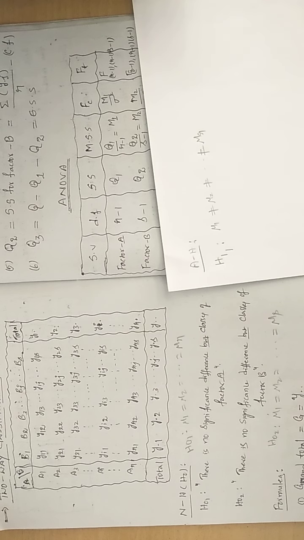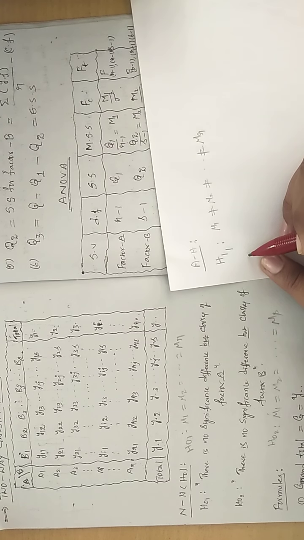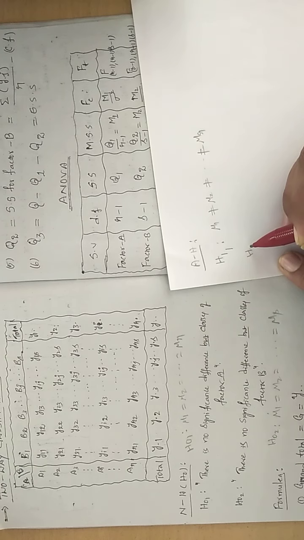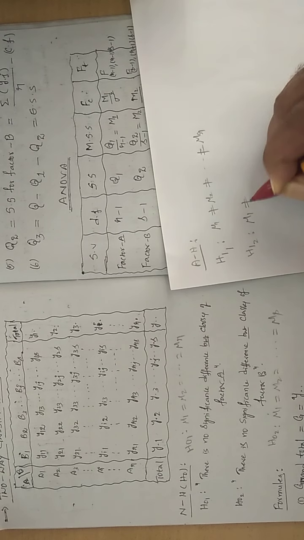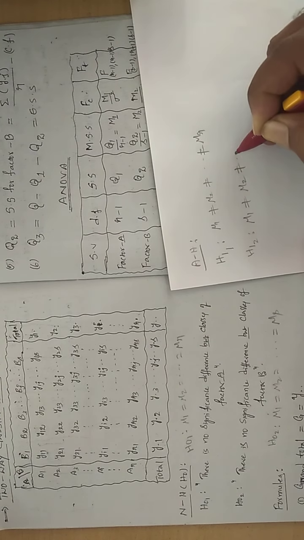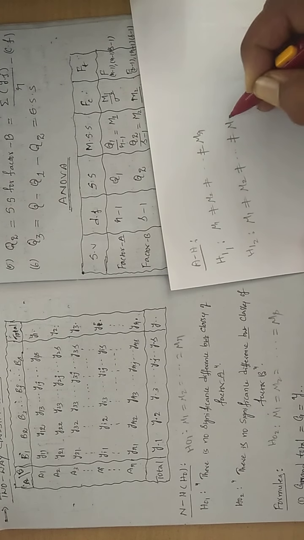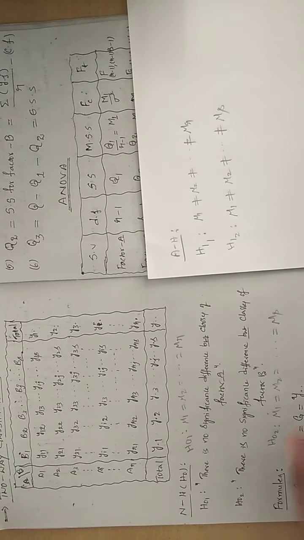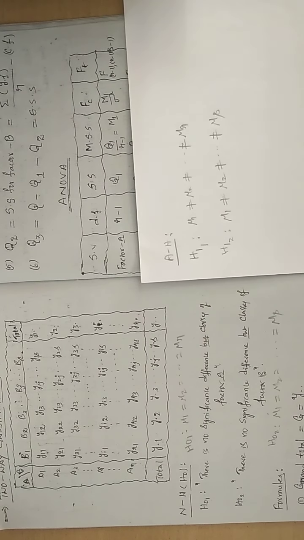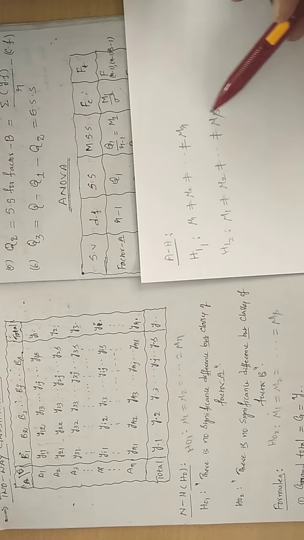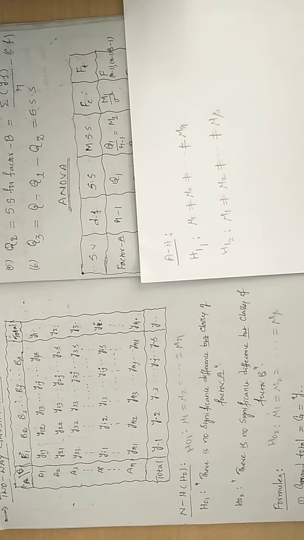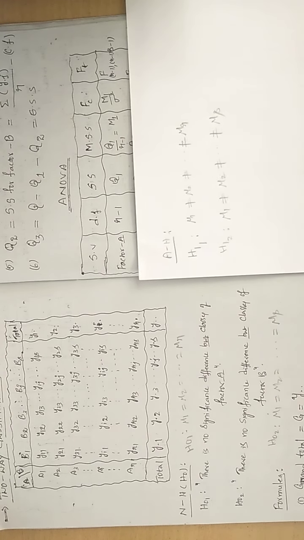Same way for this, how to write the alternate hypothesis? H12. That is alternate hypothesis 2. So how to write? mu1 is not equal to mu2 is not equal to dash dash not equal to mu s. Don't confuse. Everywhere I am using mu only, but here to represent rows I am putting R. Here to represent columns I am putting S. This is the only difference. If you want, you can write the alternate hypothesis like this also.